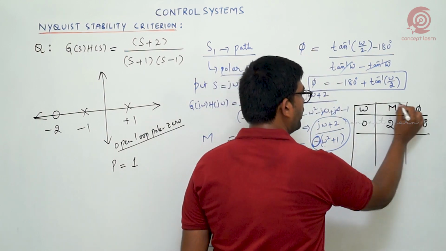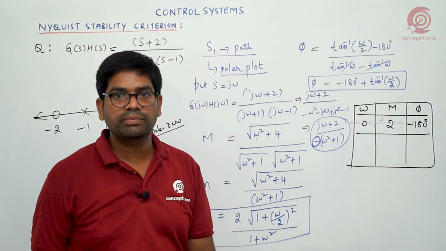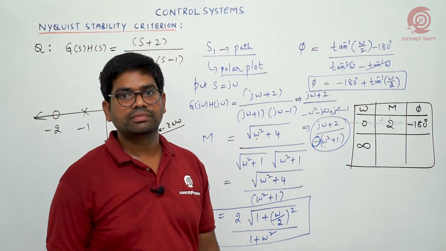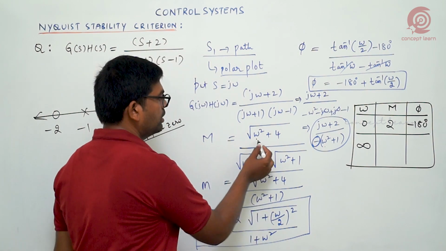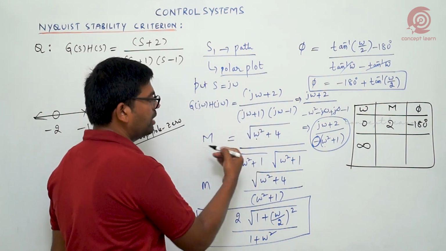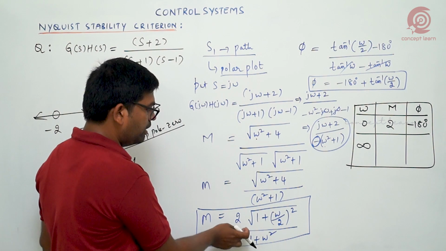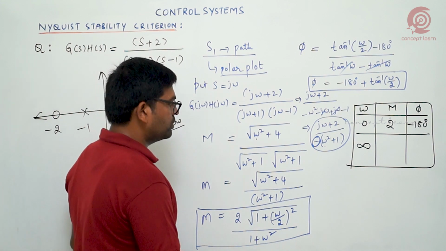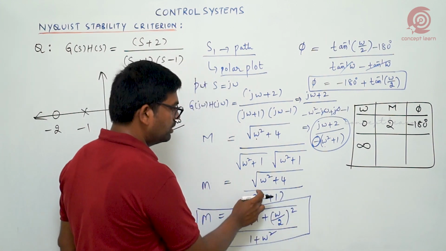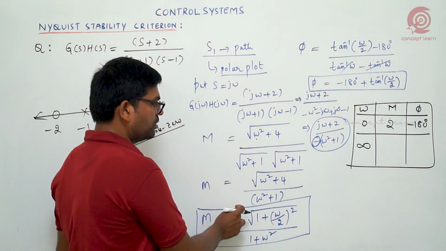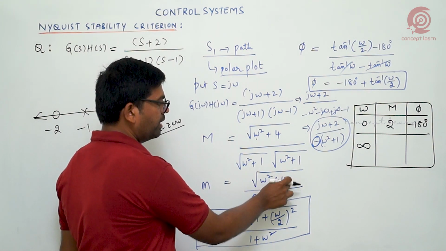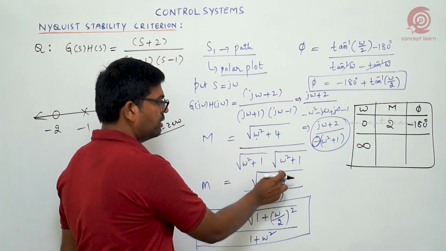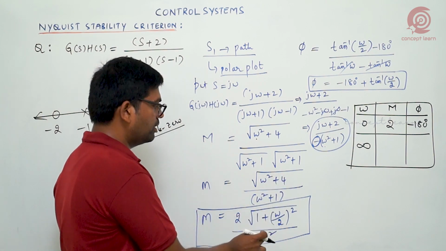Next, the ending point. This 0 gives the starting point. Infinity gives the ending point. So what will be the magnitude we get? If you take omega common, what will be the result? We already represented it in this version. When you take omega common, what will be the magnitude we get? Omega, if you take it out, omega will get cancelled. Then 1 plus 4 by omega square. So 4 by infinity means this becomes 0. Got the point?